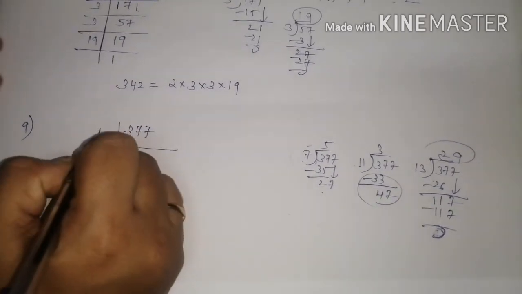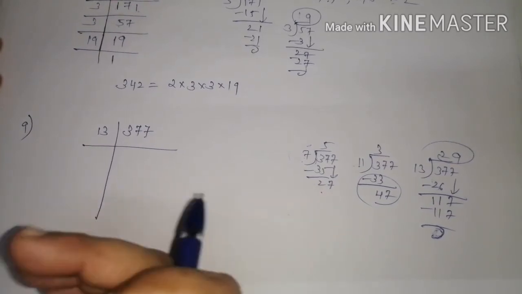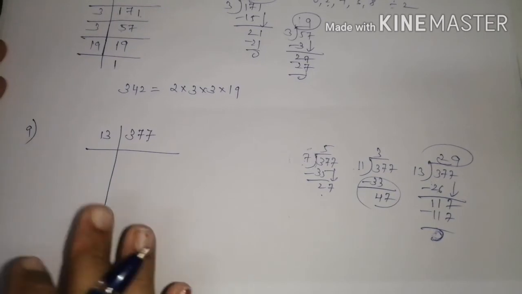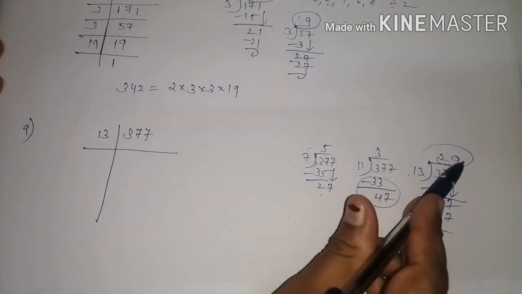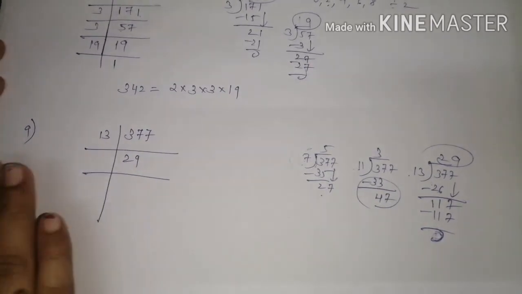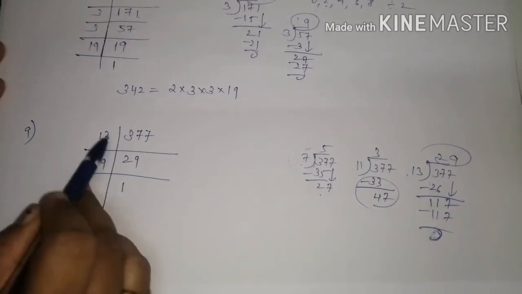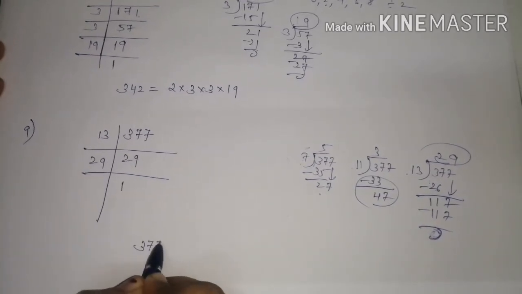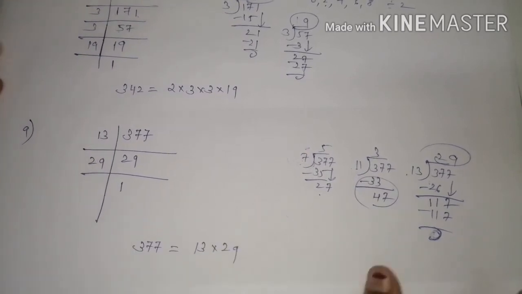Directly it comes in the table of 13. 2, 3, 5, 7, 11, these prime numbers, it is not going directly. Which prime number is it getting divided by? 13. So after dividing you got 29, and 29 is a prime number, so no need of searching any other table. 29 ones are 29. So these are the prime factors of 377: 13 multiplied by 29. Now the last sum is remaining, 559. 10th sum.